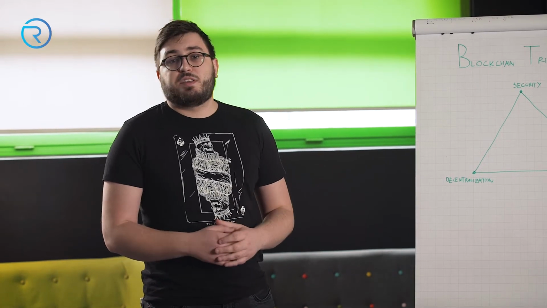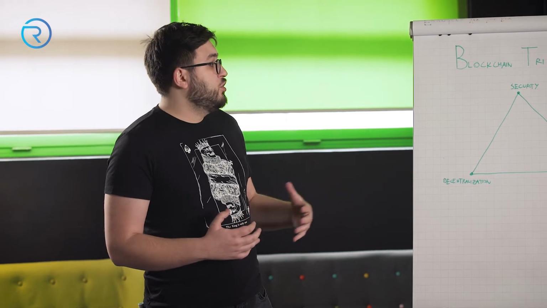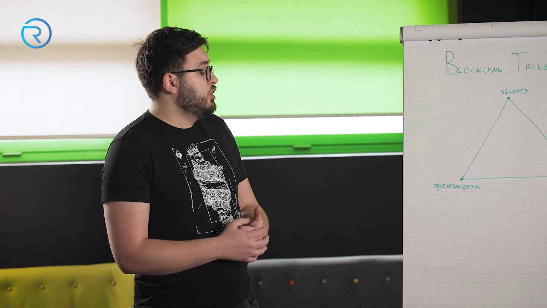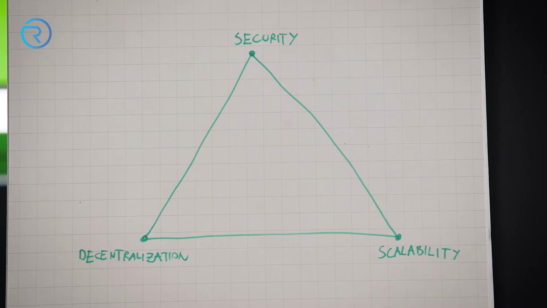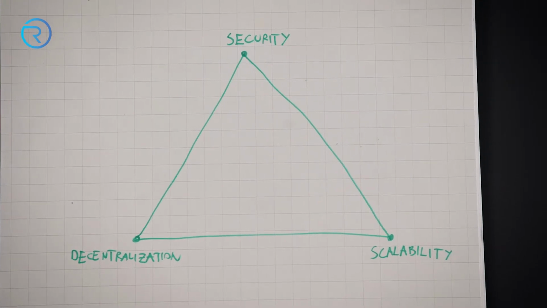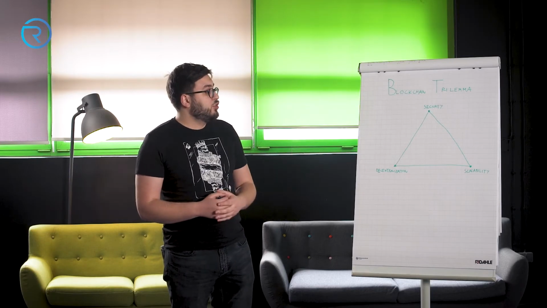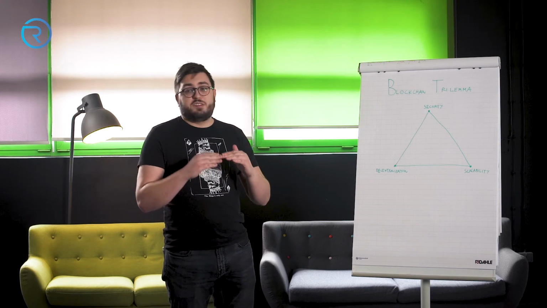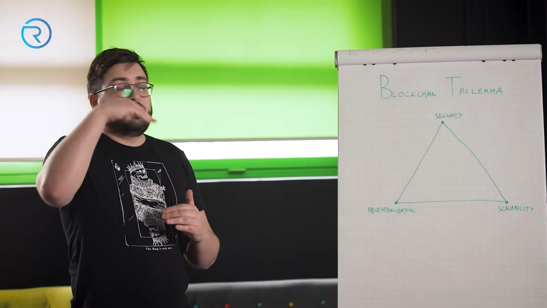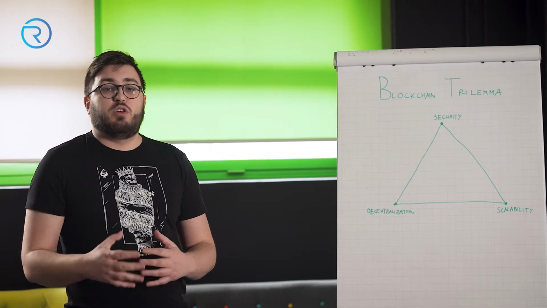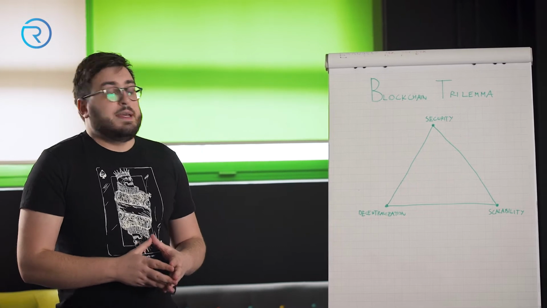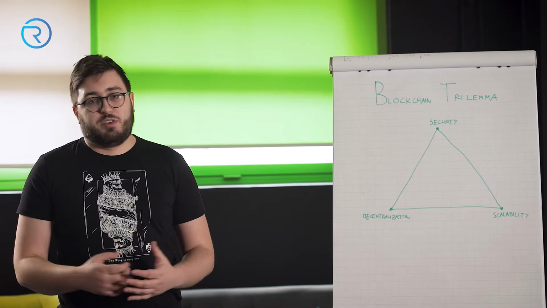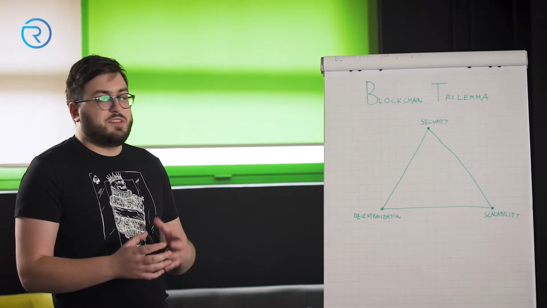And that's why some people do not want to put it this way, like a blockchain trilemma, where each apex in this triangle is represented by one term, but rather a pyramid where the bottom of the pyramid is security, and then everything is built on top of security. So if you do not have a secure blockchain, then scalability and decentralization are not as important. And I agree with this view, because